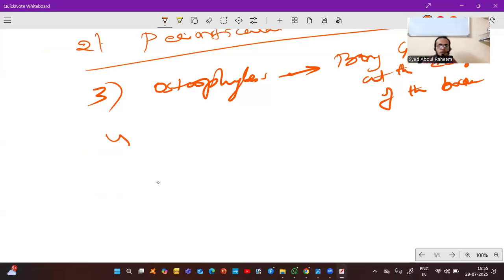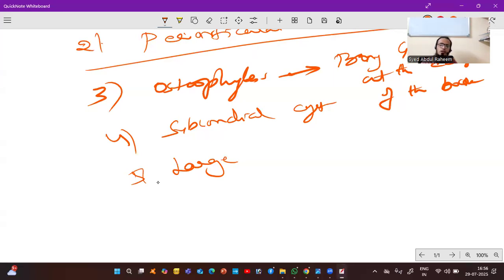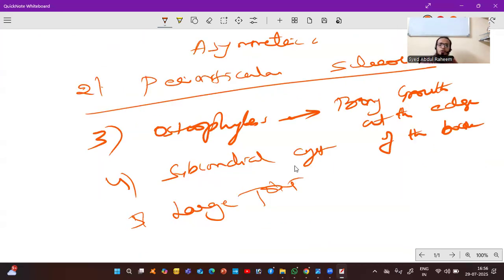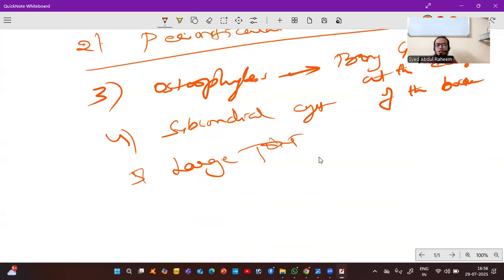Fourth is subchondral cyst, and fifth is large joint. Most osteoarthritis affects large joints. So one side is affected, with narrowing of the space, sclerosis, osteophytes, subchondral cyst, and large joints like the knee joint,